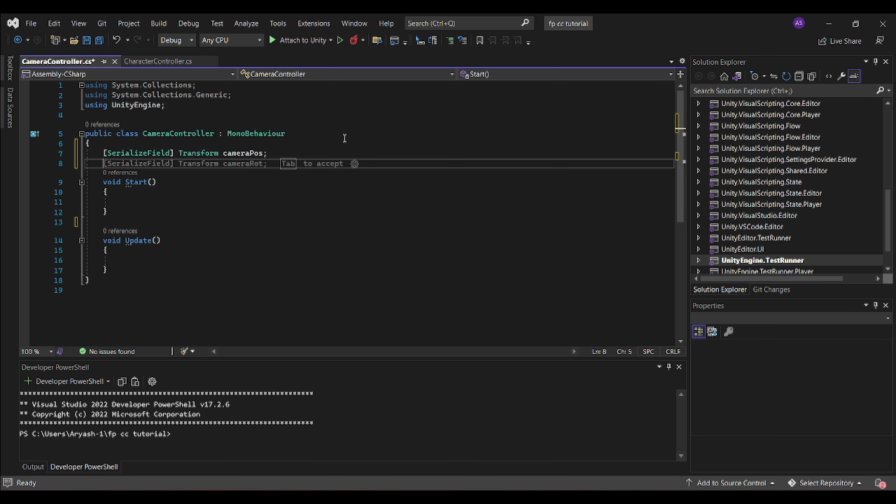Now, serialized field, make another Transform, but not camera rotation. It's actually going to be called orientation.